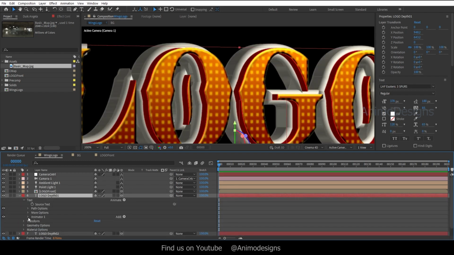Like before, we apply reflection for the red color extrude. After applying reflection to the text,